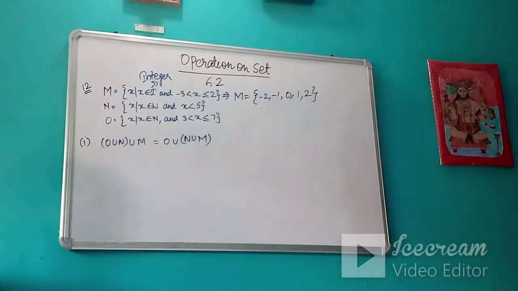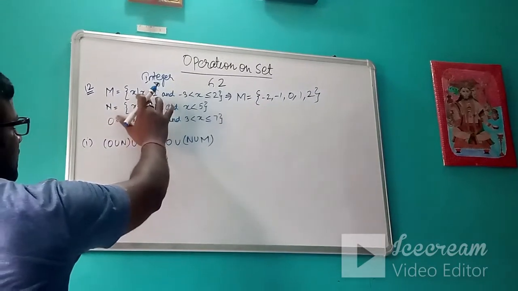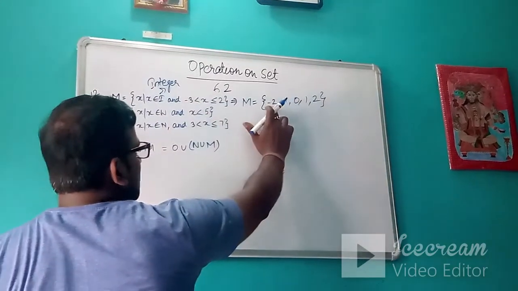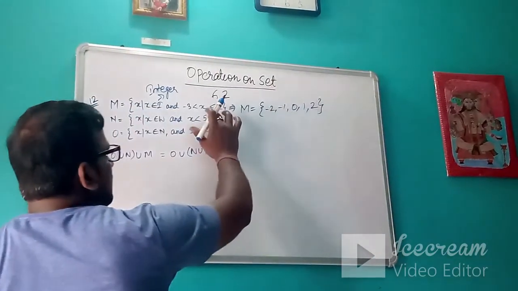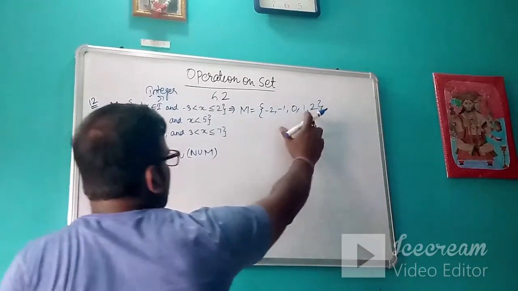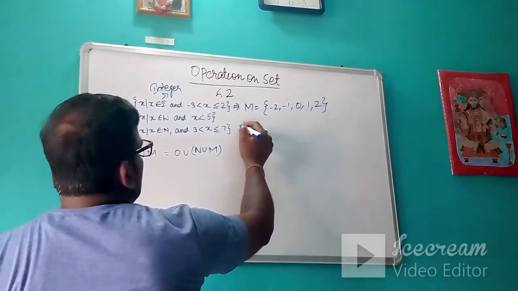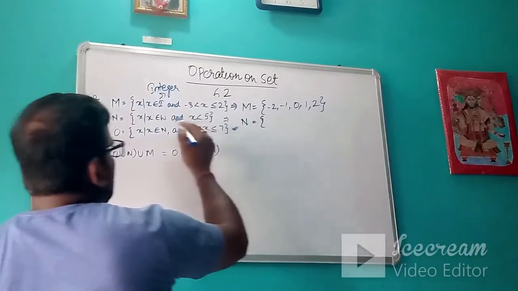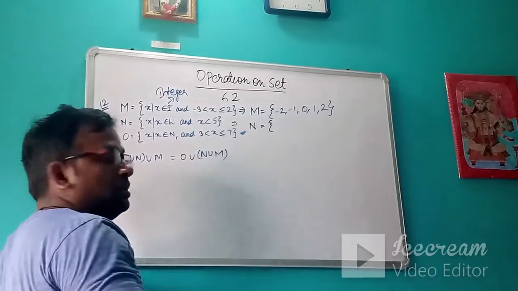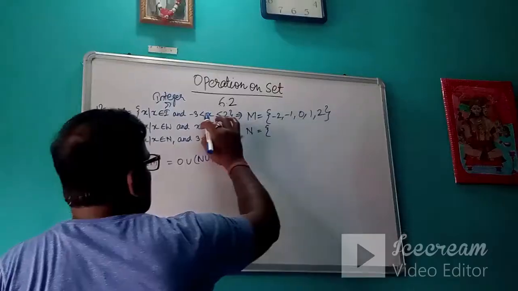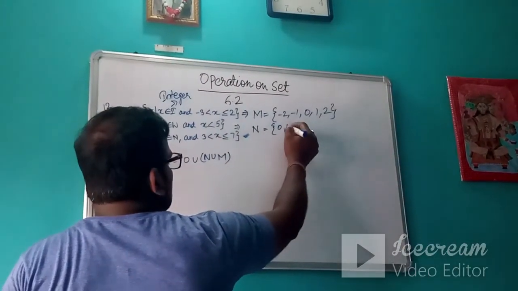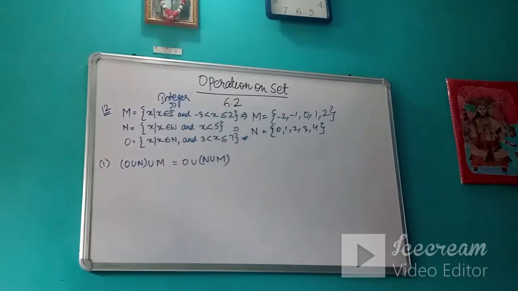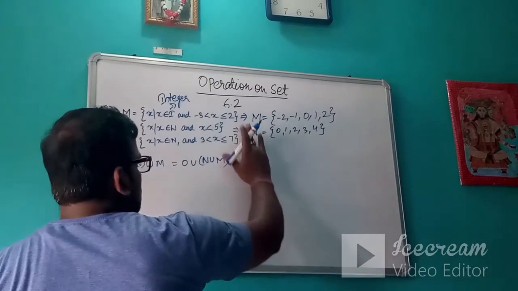Okay, let's discuss one more type. So M is given as x belongs to I. I means integers. So all the integers which are greater than -3, that is -2, -1, 0, and it is less than or equal to 2, that is why I have taken 1 and 2 both. Then set N. Now this is W, that means all the whole numbers which are less than 5, that is 0, 1, 2, 3 and 4. Since 0 is a whole number, we have to write 0 also.